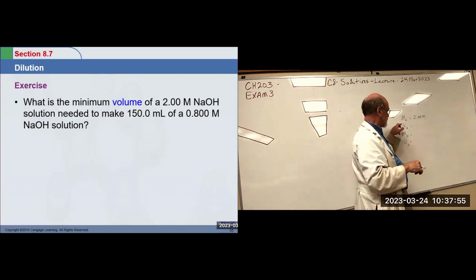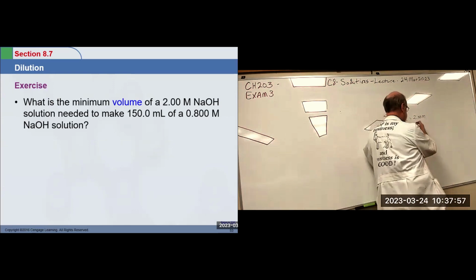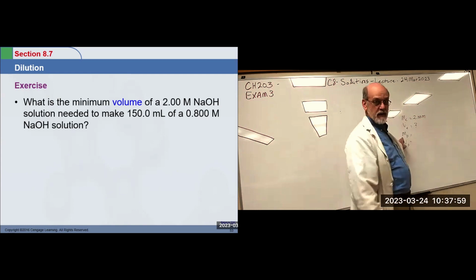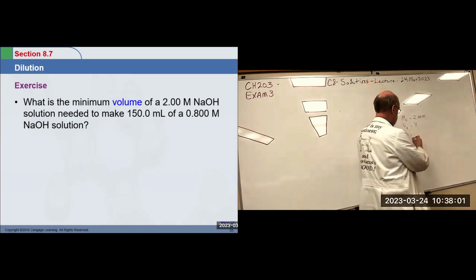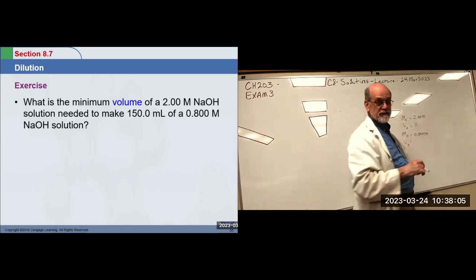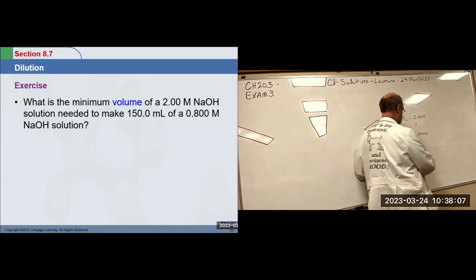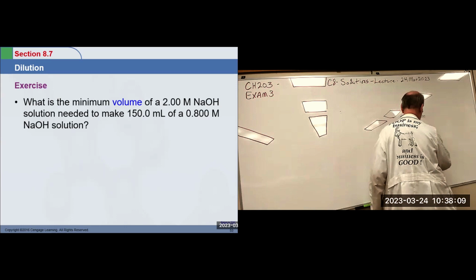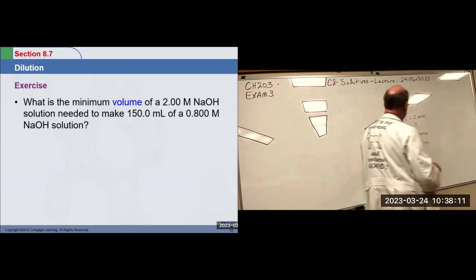Minimum volume of this diluted to that. So this is the unknown, and we're going for 0.8 molar. And we want a final volume of 150 milliliters. The nice thing about this formula